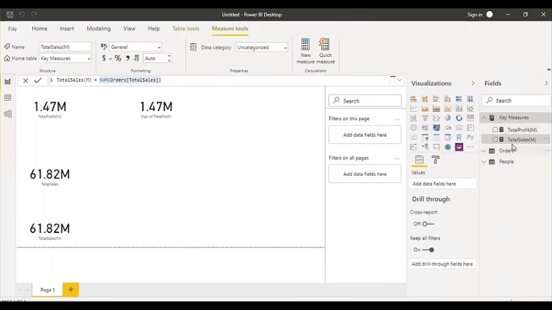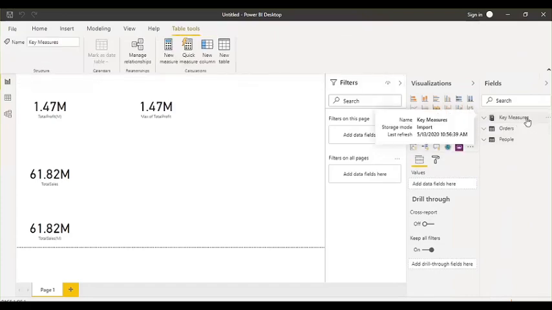Now let's say these measures are just a calculation. Let's say one is the pending, remaining amount on your customers, or something like the total profit from any specific region. Such kind of values you have. These are just calculations. So these you are just holding in separate tables, a kind of folder you can say.